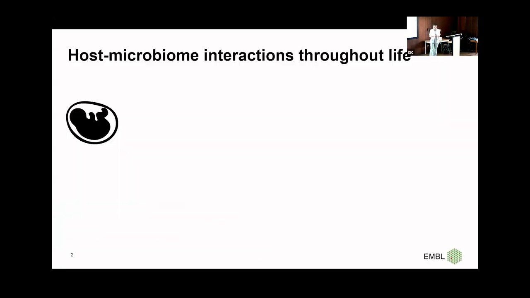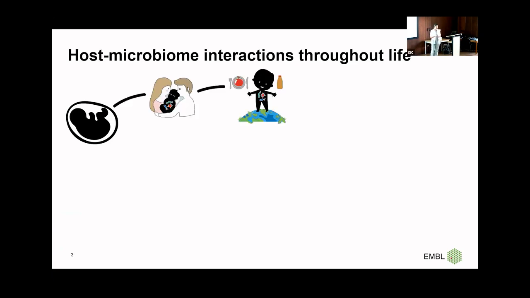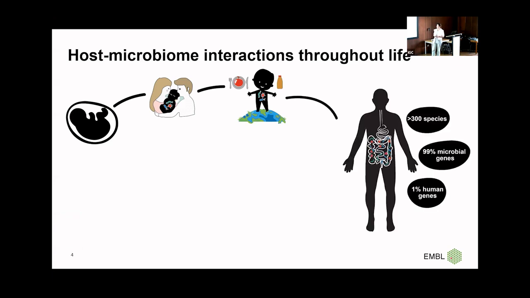So just as an introduction, we are born practically sterile, and the microbes that we get from interacting with humans, from diet, and from the environment, we encounter throughout our life, especially in the beginning of life, but basically the microbiome can change also later on. Healthy humans harbor hundreds, if not thousands of species, the majority of which reside in the gut. Gut microbes collectively encode 100 times more genes than the human genome, encoding a large metabolic potential to interact with